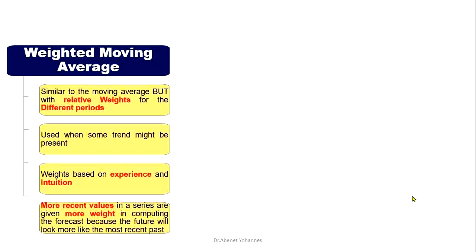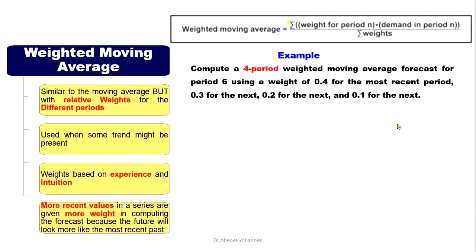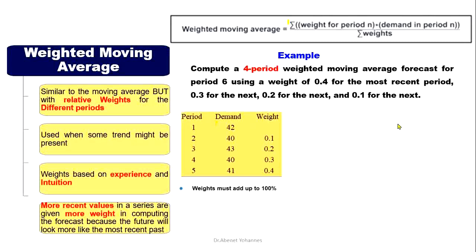ሶስተኛው ሜትድ weighted moving average እንለዋለን። Similar to the moving average but with relative weights for the different periods, used when some trend might be present. Weight based on experience and intuition, and it assumes that the most recent values in the series are given more weight in computing the forecast because the future will look more like the most recent period. ይህንን በኤግዛምፕል የምናየው ማለት ነው። This is the formula: the summation of weight for the period n times demand in the period n divided by the summation of the weight እናገኛለን ማለት ነው።